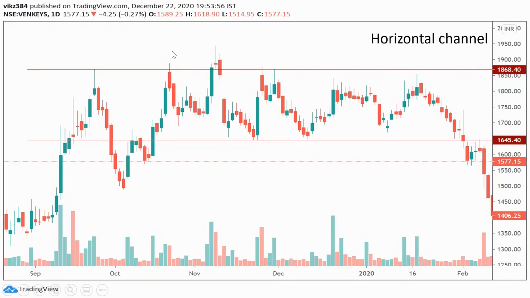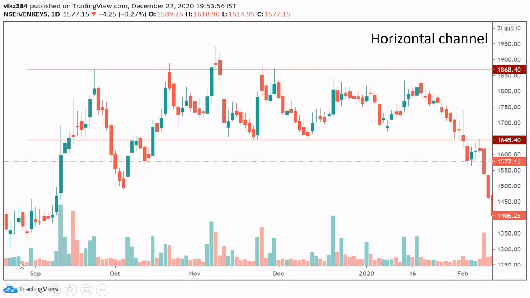So see, here whenever you see these top levels, there is always a selling pressure, correct? Even if you consider these two candles, this candle has volume, but this candle is a negative candle and it has even higher volume, which means the share was being dumped here. If you see this candle, here also there was very high volume, which means sellers are present here. Here also sellers are present. So this gives you an indication that price will ultimately move down only.